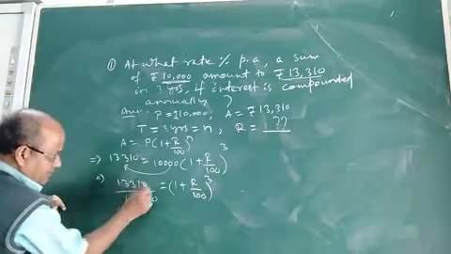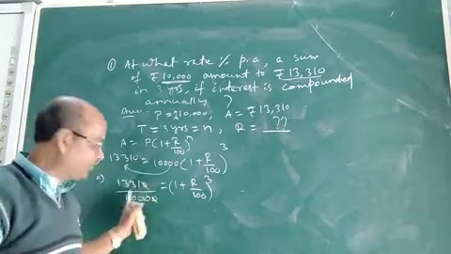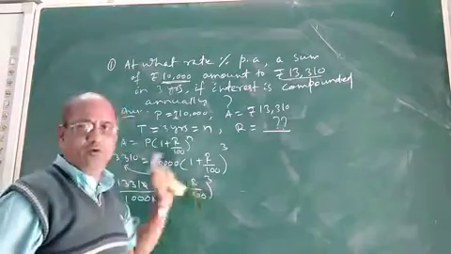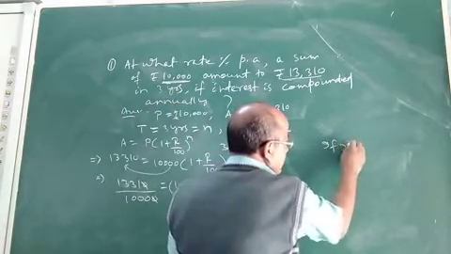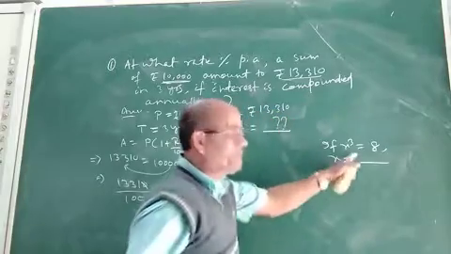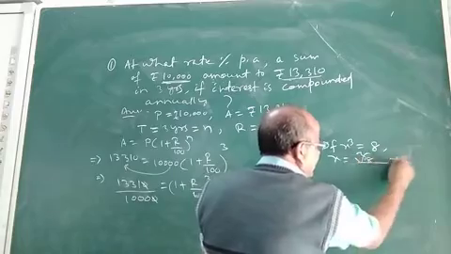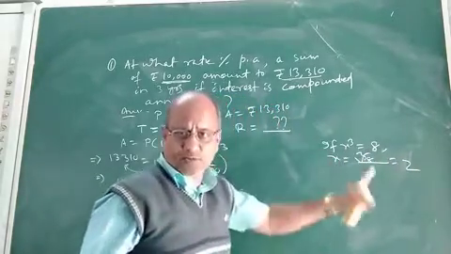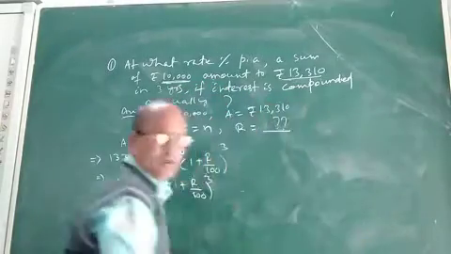Okay. Now this 0 cancel, 1 0 cancel. It will be 1,331 by 1000. Now this is equal to 1 plus R by 100 whole cube. Okay, now how to get R? Children, you know, suppose the question is, if x cube is 8, what will be the value of x? If cube of a number x is 8, then the number will be cube root of 8, that is 2. If x cube is 8, then x will be no doubt cube root of 8, that is 2. So we will apply the same logic here.